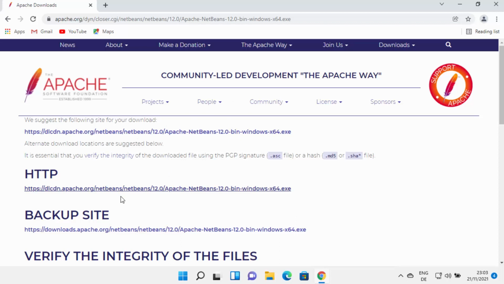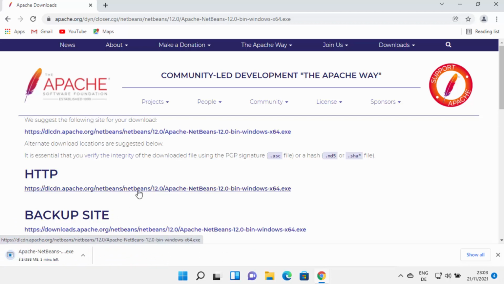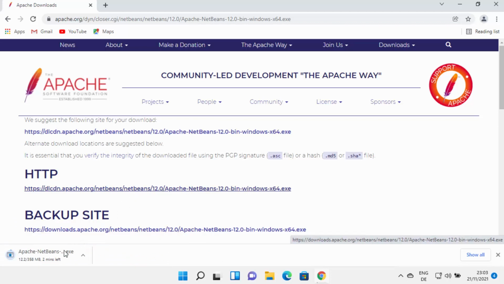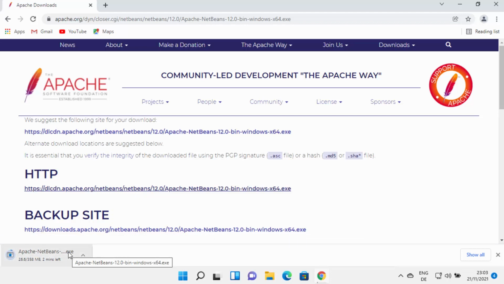So from here, you can choose any one of these links. I'm going to choose the first link, which is at the top, which is going to start the download of this Apache NetBeans .exe file. So I'm going to wait for the download to complete. So once this Apache NetBeans exe file is downloaded, I'm going to just click on this exe file